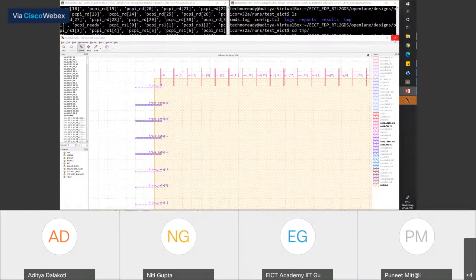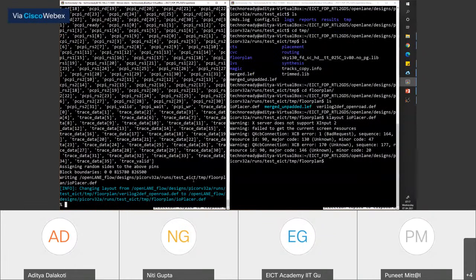By the time everyone catches up, I want to run one last command on the floor plan side.